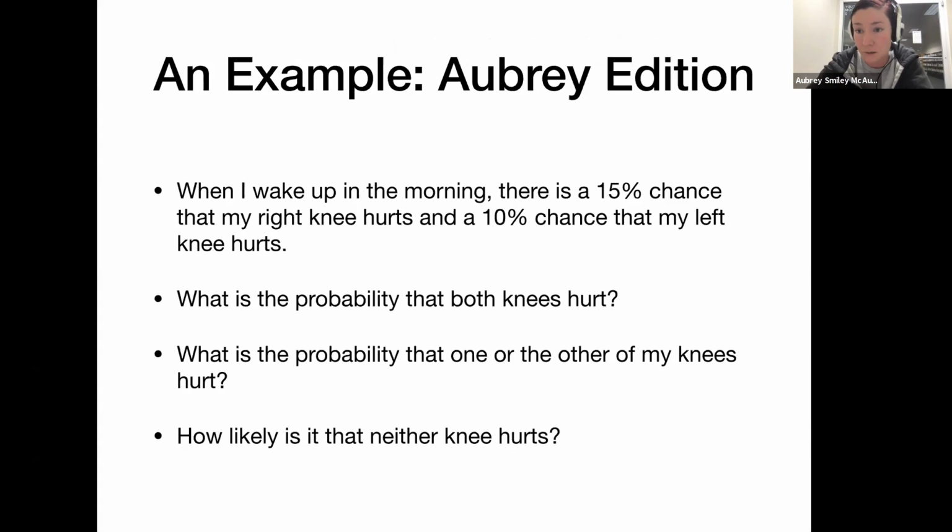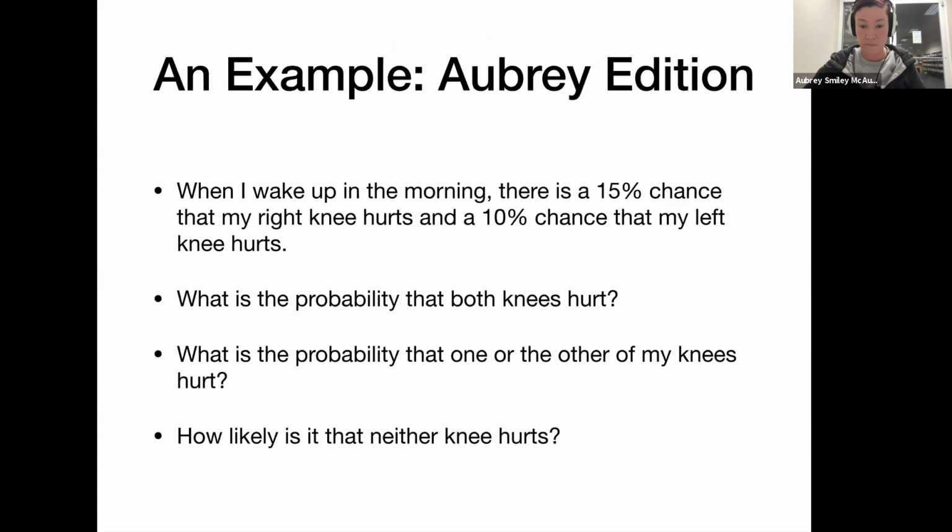Okay, so this is my life post-Army. Every morning when I wake up, there's a 15% chance that my right knee hurts, and there's a 10% chance that my left knee hurts. So what's the probability that both knees hurt? And that is just 15% times 10% chance, coming out to the grand total of 0.015 is the likelihood that